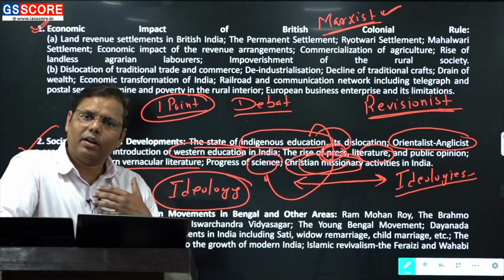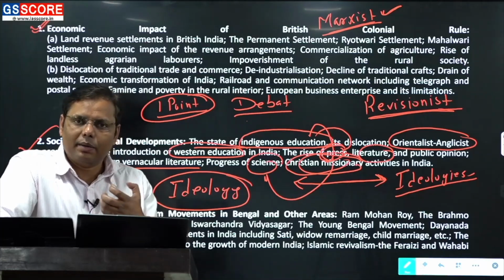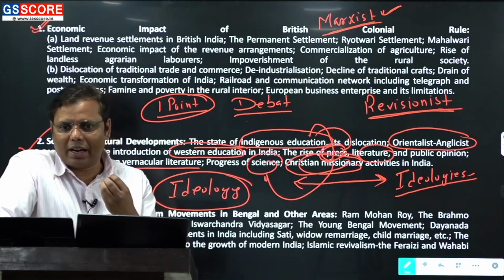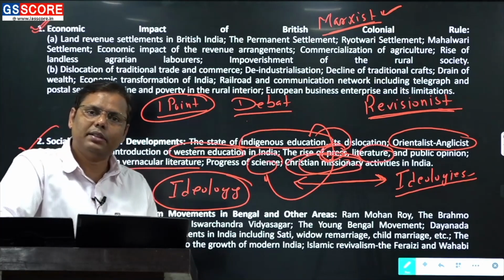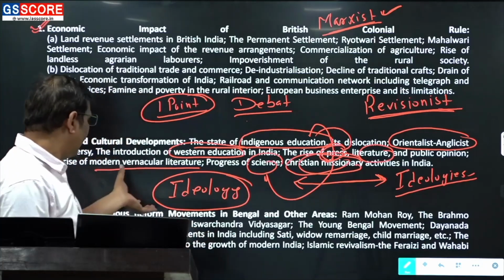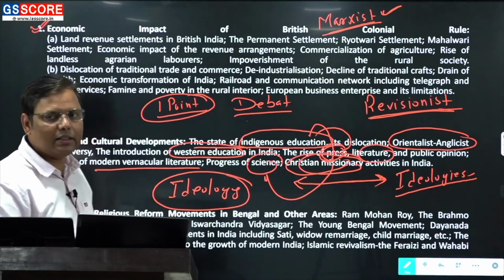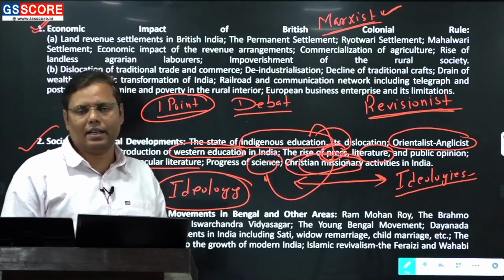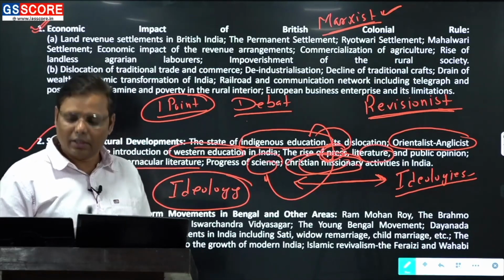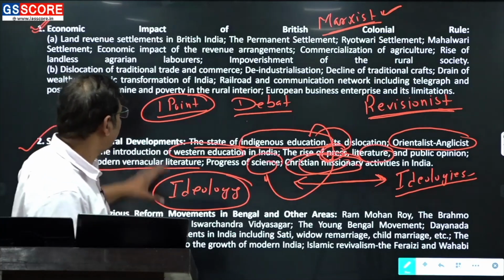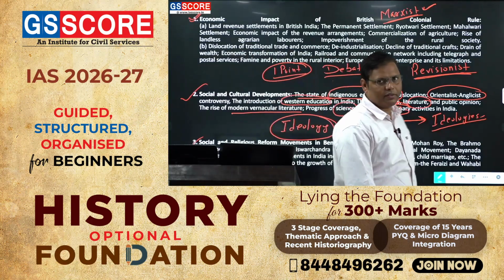So the kind of connections that you find here give that scope to the historians who can write over it on multiple dimensions. And this is the reason because of what, again here you need to spread yourself a little bit, right? And you should prepare it in such a way that you can cater to the requirements of the questions in the paper, right? So this is a very important part of your syllabus.